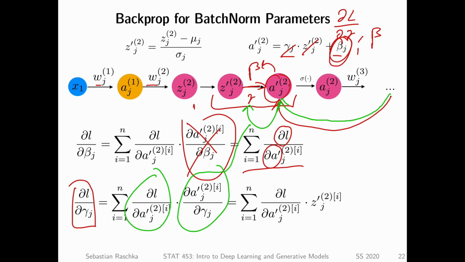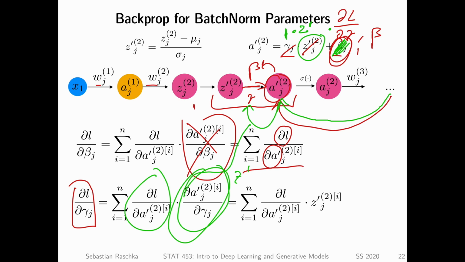Yeah, this is also pretty simple. Let's look at the equation again: gamma times z prime plus beta. Since we compute the derivative with respect to gamma, beta becomes a constant, so this goes away. Z prime is also constant, so remember from calculus, this would be a multiplicative factor. So gamma becomes 1, and we have 1 times z prime, which is the derivative of the second part. So this whole thing becomes just z prime.